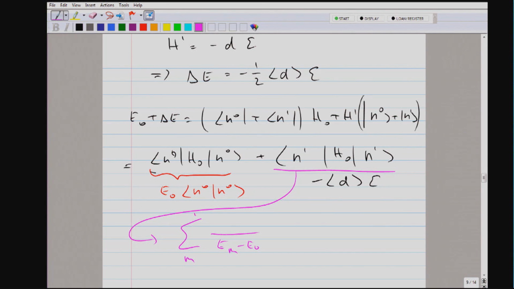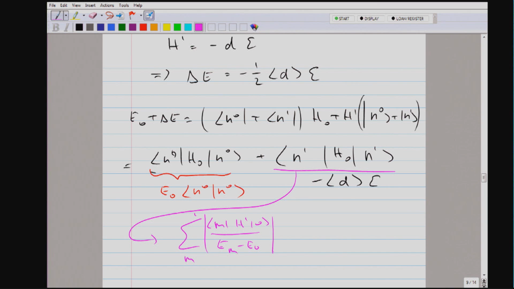Em minus E naught, M, H prime 0. Because N1 is on either side, this is the amplitude of the state N1. We have to square it. And since we calculate the expectation value of H naught, we multiply with the energy Em. Okay, so we are done. We calculate the total energy.